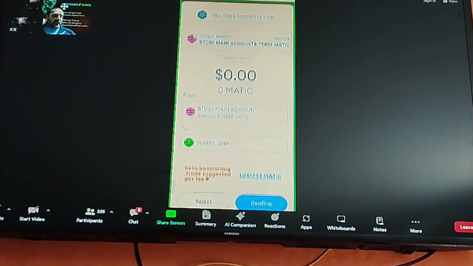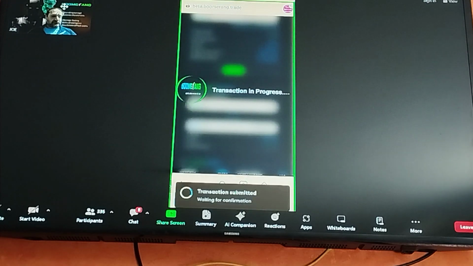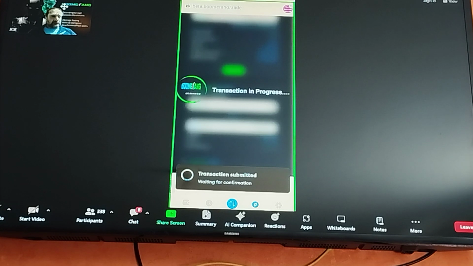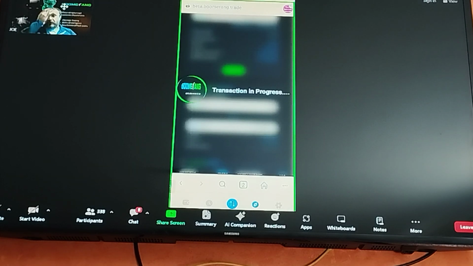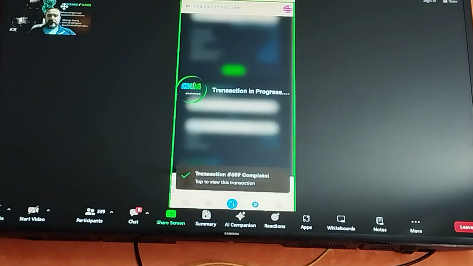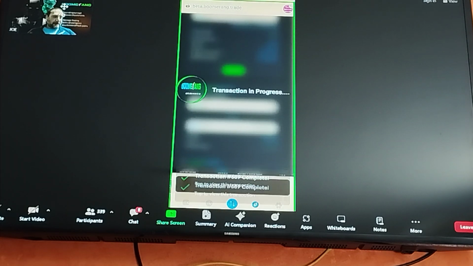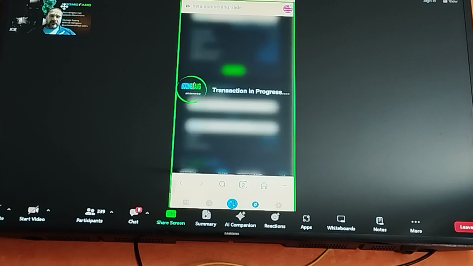Watch the top of the screen where you just see that pop-up come up. Keep watching at the top of the screen. We shall see in a moment if this was a successful trade or not. It's a little slow because obviously I'm sharing on Zoom and that slows down the process. But I think you all saw that pop up. That looks like that's gone through okay. Let's see.